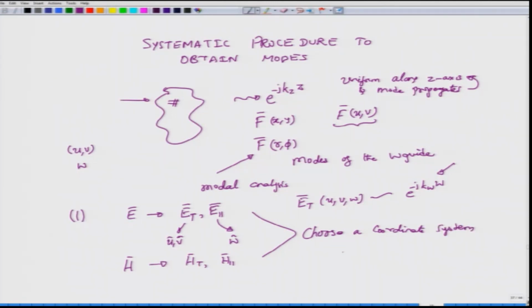For example, if the waveguide happens to be an optical fiber which as such has a circular cross section, then choosing a coordinate system x, y, z will be a very big problem for you, because the analysis becomes very difficult as x and y components couple to give rise to r and phi components, or rather the components E x and E y will depend in a very complicated manner on x y itself if you were to analyze them in the circular cross section.